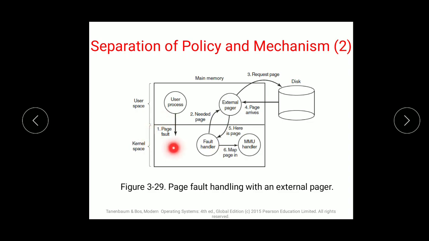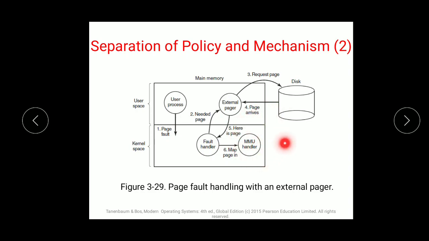If a page fault occurs in the kernel space, the user process will need a page for handling that page fault, and for that it requires an external pager. The external pager is going to request the page from the disk. Once the page is there, the page will arrive in the external pager. The page will be given to the fault handler. The fault handler will map the page in the main memory unit handler.